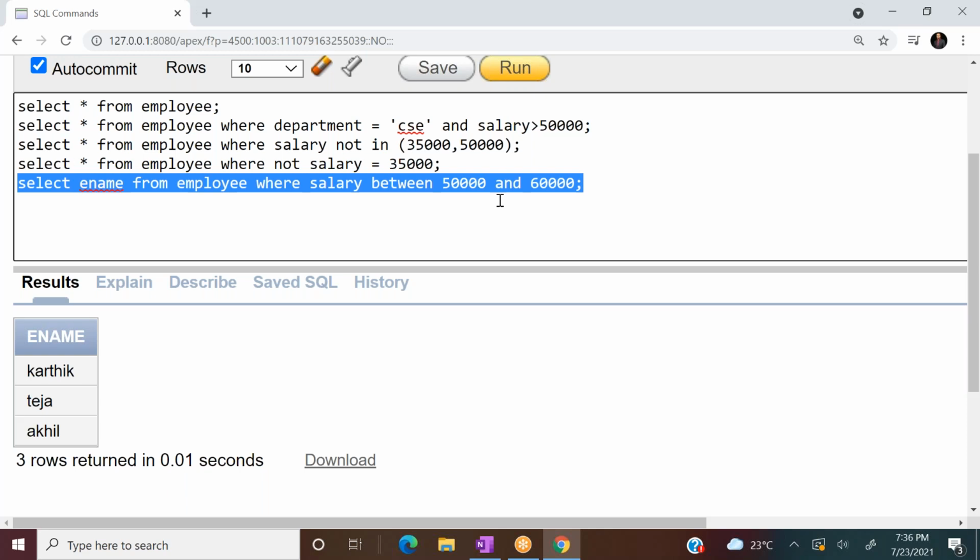And between and is used to compare the value of a variable with a particular range. Whenever you are specifying the range with two values and both values are inclusive, it is the same as salary is greater than or equal to 50,000 and less than or equal to 60,000. Okay,